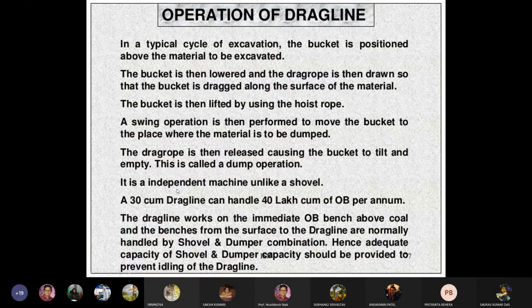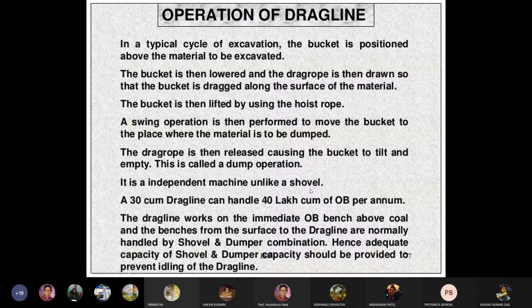So it is an independent machine, unlike a shovel. The dragline is an independent machine. It can do loading and transporting by itself.